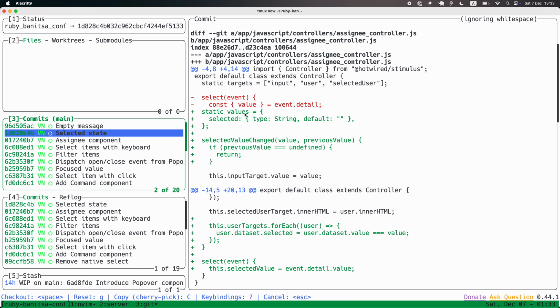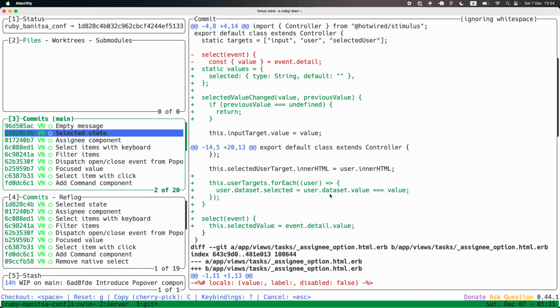Here we just expose one more value in the Stimulus controller. So selected is something very specific. The commands themselves cannot be selected, like they're selected once and they're just dispatching some events, but the Stimulus controller is the one that actually keeps track of what's the current value and things like that. And here we're just again setting some data